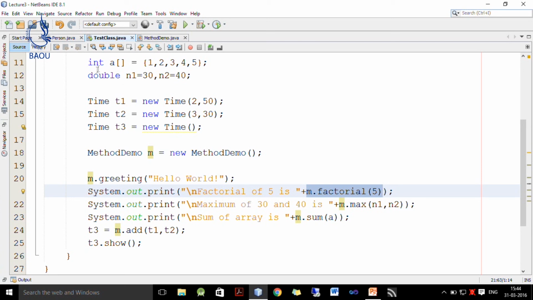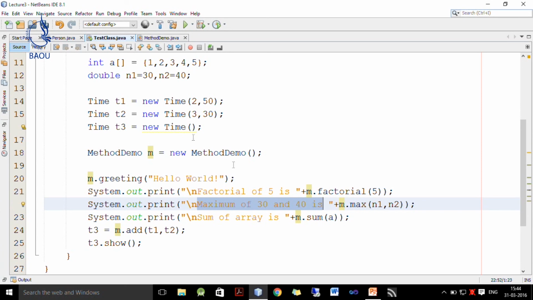Then we have already declared two double variables. So, we write maximum of 30 and 40 is, which is value of n1 and n2, and this max method returns the maximum of these two values, which we initialized to 30 and 40. So, maximum of 30 and 40 is 40 will be displayed.